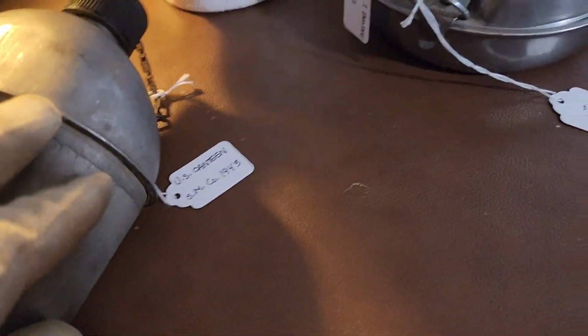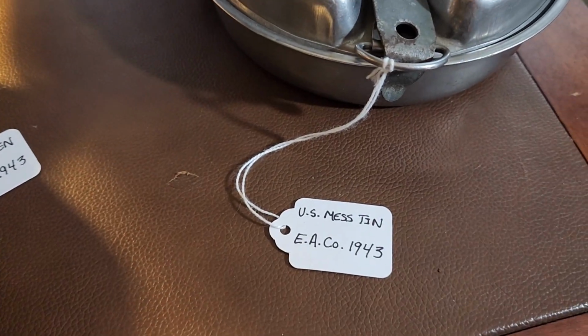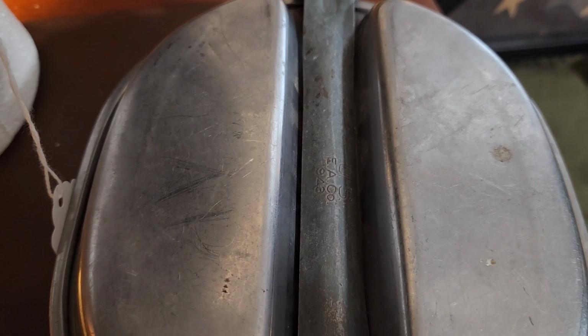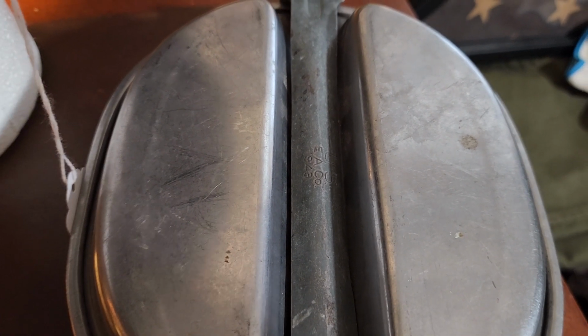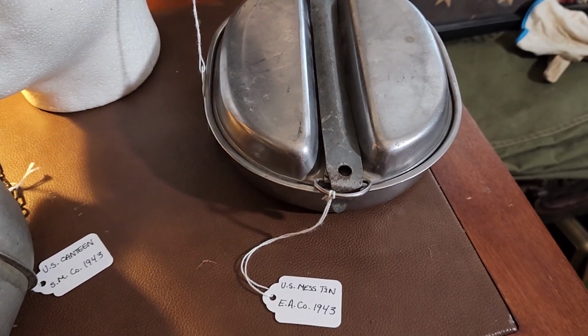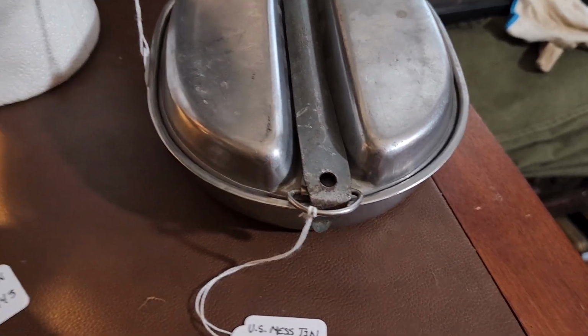And I got a couple of utensils, personal items, equipment, some of the models that I don't have. This one right here, a World War II U.S. mess tin. EA company, dated 1943. I think I have an EA44 and possibly an EA42, but I don't have a 43,